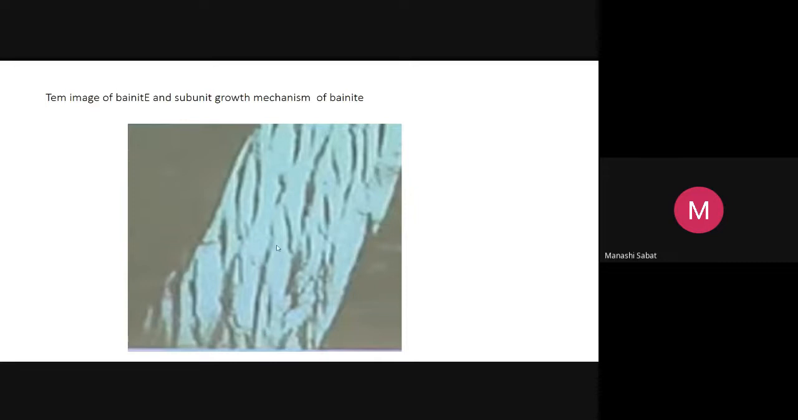Suppose this is a plate of ferrite, and this is a plate of ferrite. This is a plate of ferrite, and this is a plate of ferrite. Now, in between them, a cementite particle has precipitated. So this is an upper bainite, right? Okay. Anyways, another interesting point I would like to tell you is that if you really resolve these portions,